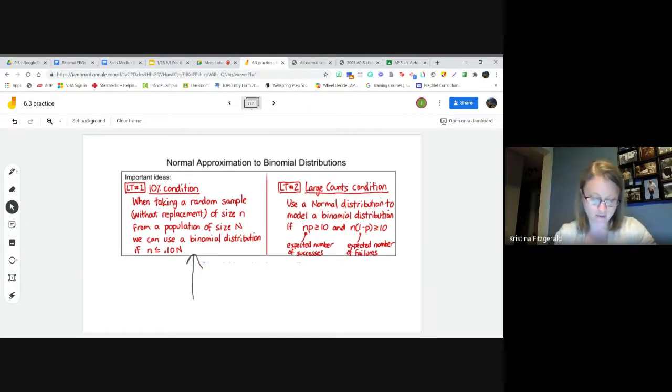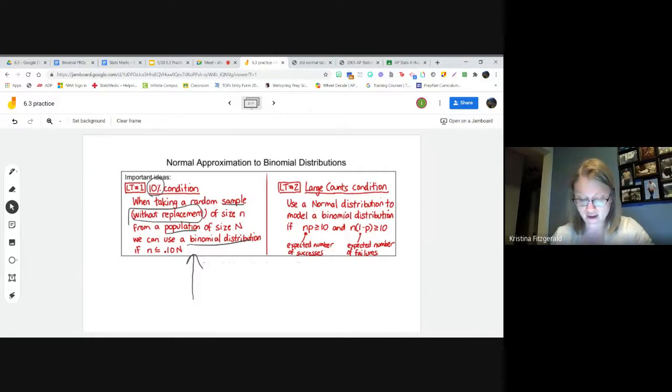we use that when we have a without replacement scenario. Basically we pick something and don't put it back, and that sort of messes up our probability of success. So we just have to make sure the sample we're pulling is coming from a population that's big enough. Specifically, we want it to be no greater than 10% of the total that we're drawing from. And if that's the case, then we can still use the binomial equation from the previous slide, or the calculator